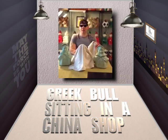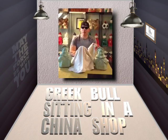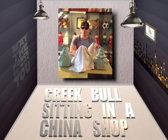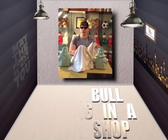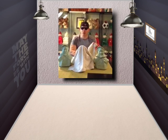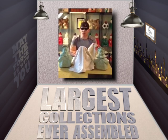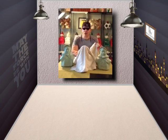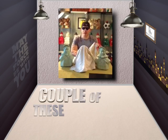We're back, folks, to unveil a few more items that came out of the Cameron Art Museum. Although these items actually didn't come out of the Cameron Art Museum privately. These items actually went to auction because the gentleman that had the collection was one of the largest collections ever assembled. So obviously the gentleman couldn't sell everything privately. So he sent a major portion of his collection to auction, and actually a couple of these items came out